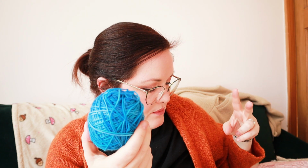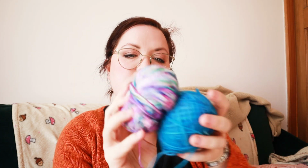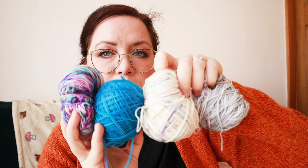And then two options. One, use the rest of Wish. I centre pull, so it just means that my yarn is all chaos. Use the rest of Wish, which is this. Use the rest of this with this and this. Then we've got merino vibes. Or